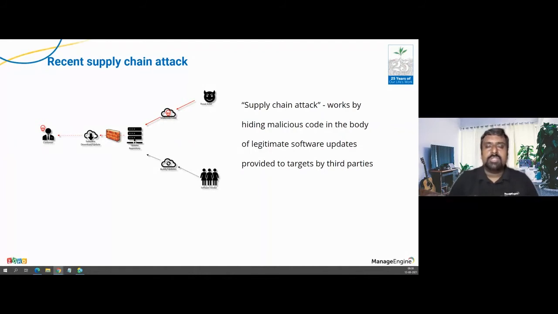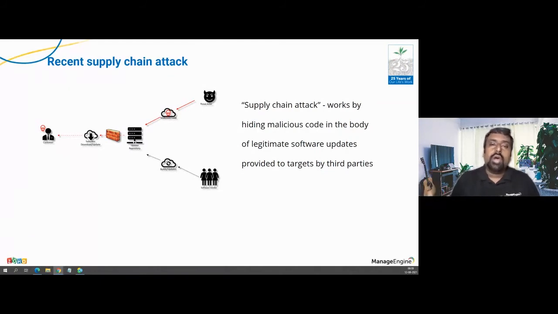There are different perspectives in the supply chain. First of all, how does this happen? A malicious code goes into a legitimate software update. That's how they do it. So you have your legitimate software at your endpoint level. You have different applications for different needs, and this code goes into one of the updates that's going to come in for this legitimate software.